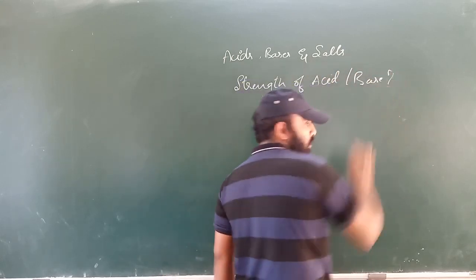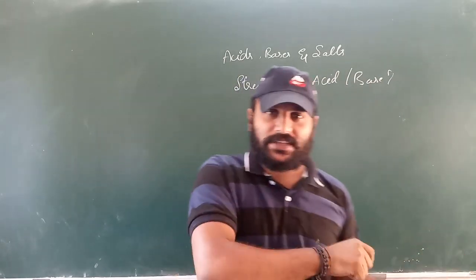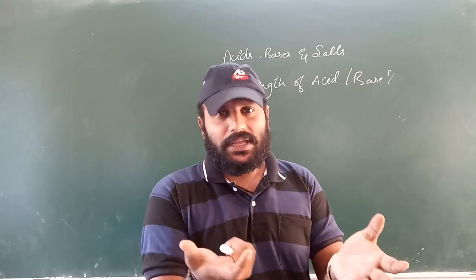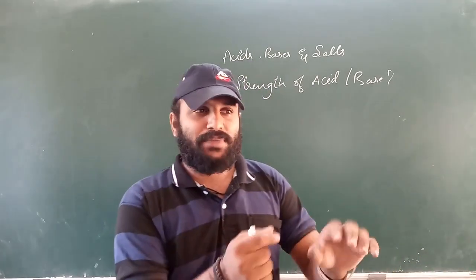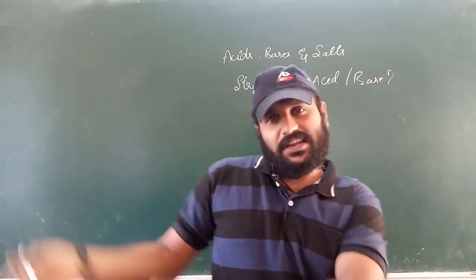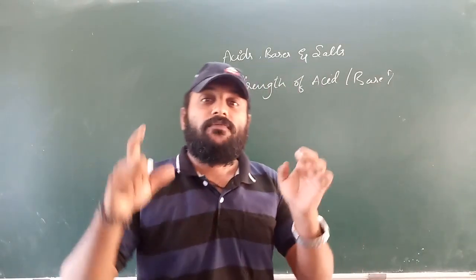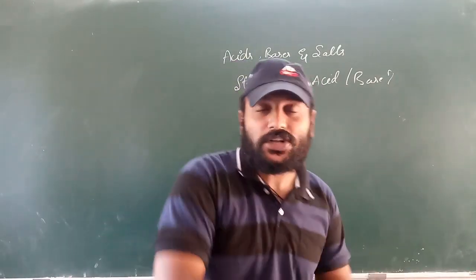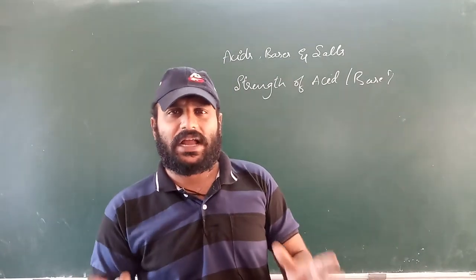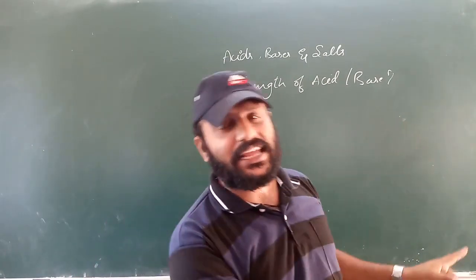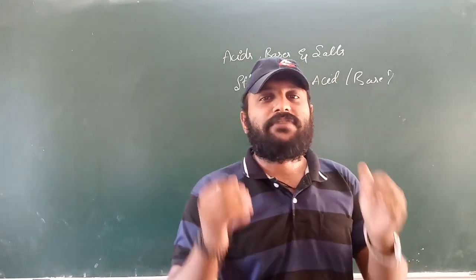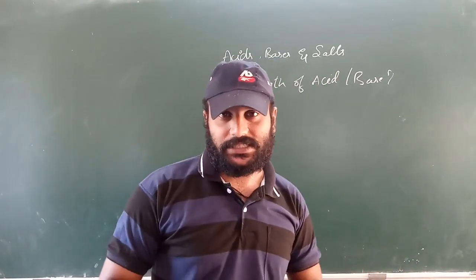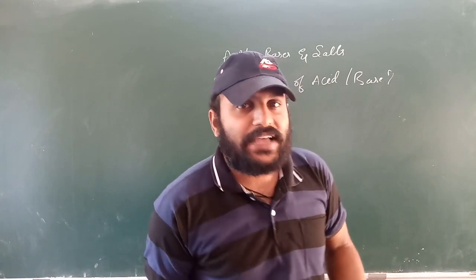We already know how to find the nature of a substance by using litmus paper. By using indicators, whether a natural indicator or a synthetic indicator, we will find the nature of the substance. Nature of the substance means either the substance is acidic or basic. So by using indicators, we find only the nature of the substance. We don't know the strength of the acid or base.